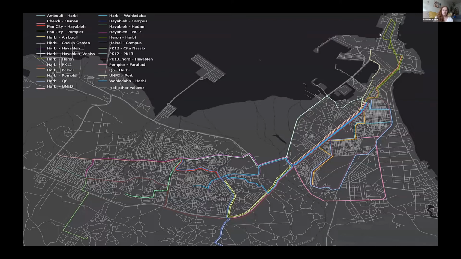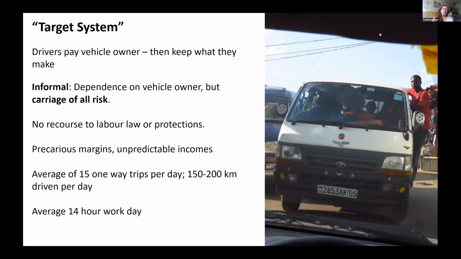We can map out these routes and we see they have a certain constancy and stability, but we don't really understand why a given network looks the way it does, why these roads and not other roads, why these constellations of routes and not some other one. And the question is, who makes these decisions and who holds that power, and what is their logic in pulling this together? So one of the key actors is the drivers, who work on what's called this target system,